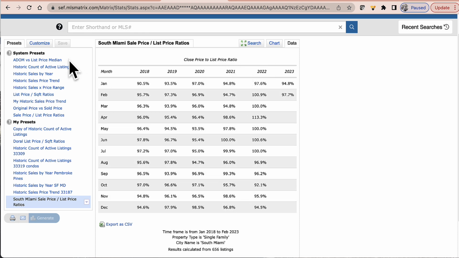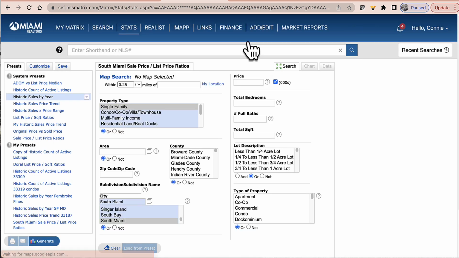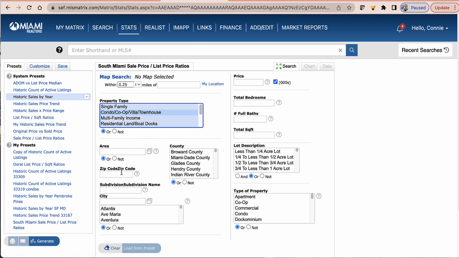So these are neat. Some of these are very exciting. You can see historic sales by year. Let's click on that one so you can view it. We'll come to the search component, and let's say that this time we wanted to do condos, and we're going to clear a little more here. We're going to do condos, and let's say that we wanted to do 33131,